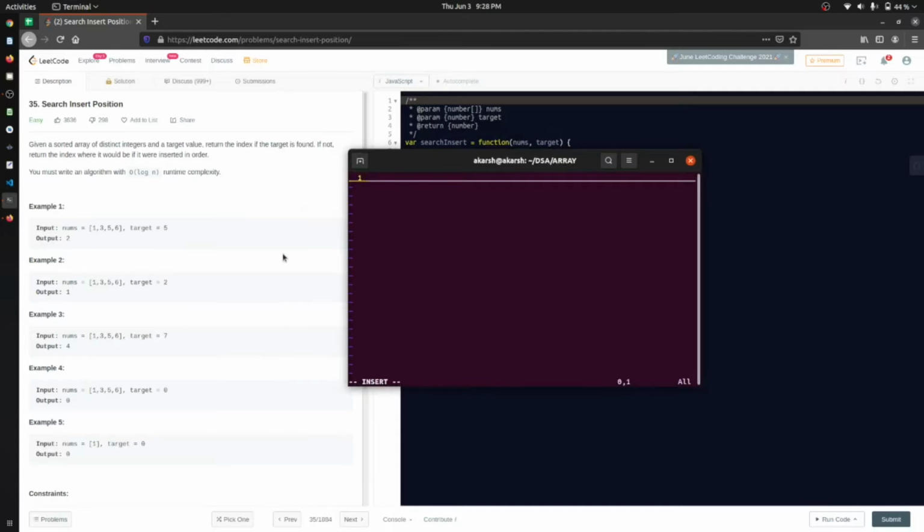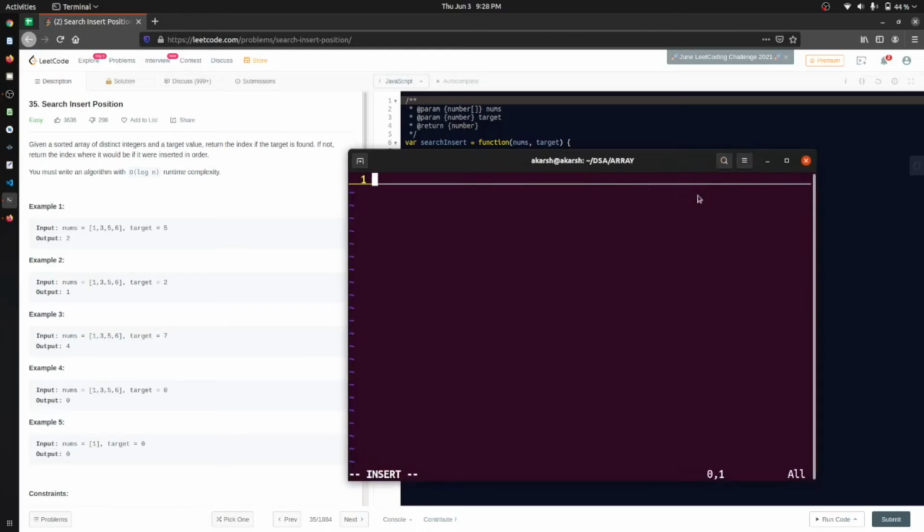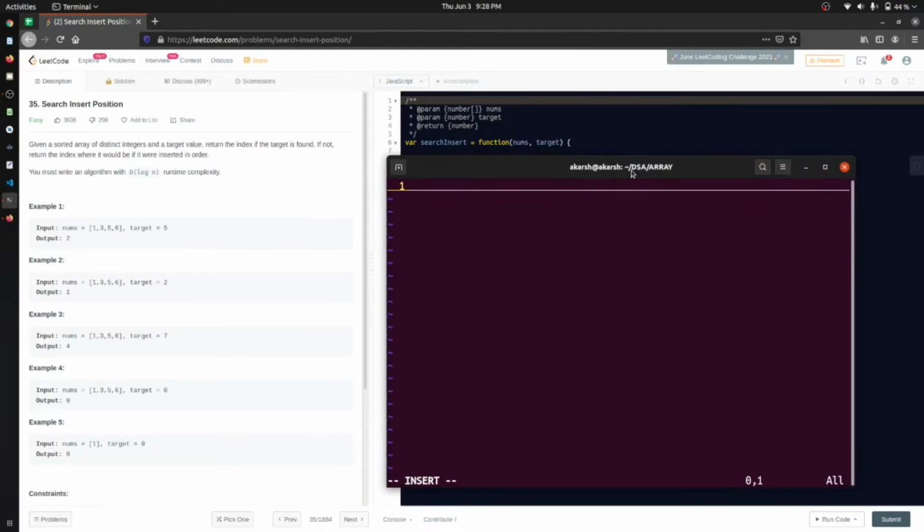Firstly, let's take example one. Let me just increase the size. Let's say we are given an array 1, 3, 5, 6, and one more piece of information: the array is sorted. Firstly we have to find 5. So we will just iterate in the array and check whether the element is present or not.